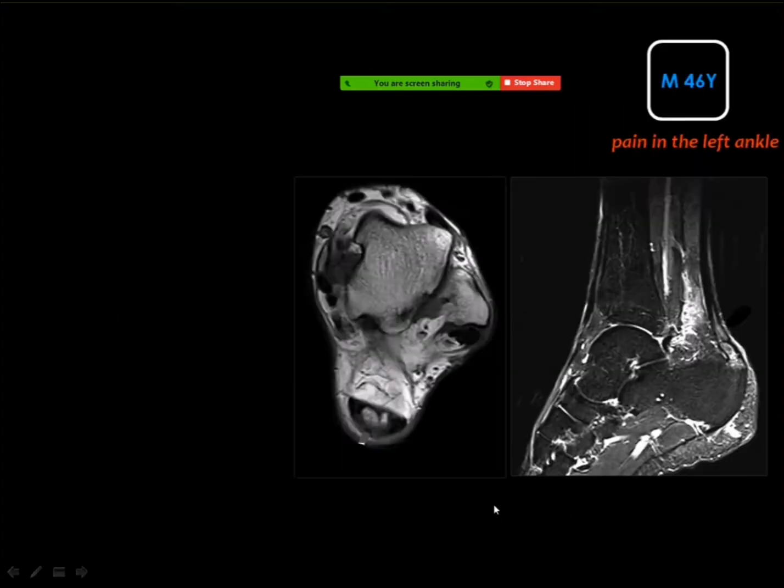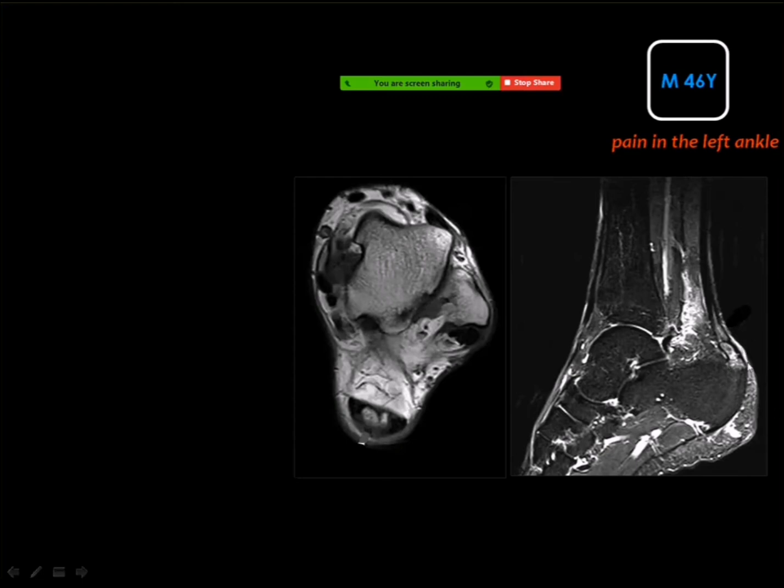And here you see an MRI of the ankle, axial image and coronal and sagittal images. And you can see that the Achilles tendon is relatively swollen, and you have abnormal signal inside the tendon. Haglund syndrome. Haglund syndrome. Haglund needs three findings, and there should be some fluid in the retrocalcaneal bursa,